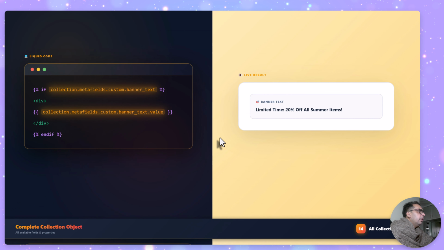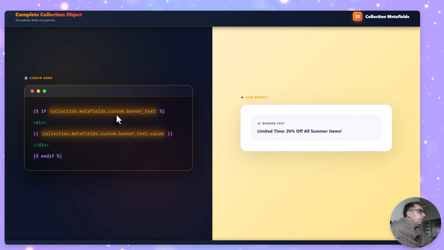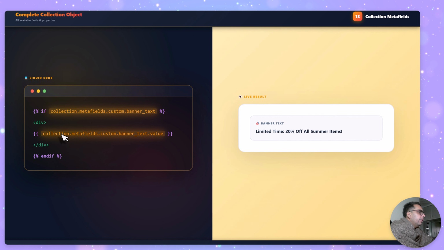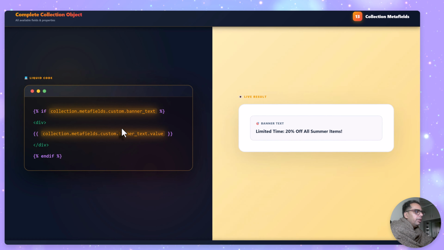And now if you would like to get the metafield of the collection, simply type collection.metafield, the namespace and the key of your metafield, and it will display the metafield of that collection. Simply type collection.metafields.custom.banner.value and it will display the value of that metafield. So you can replace the name of the namespace and the key of your metafield. This is for the example, but you can replace that with your